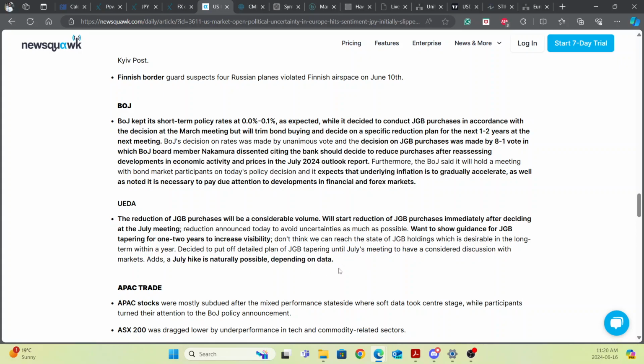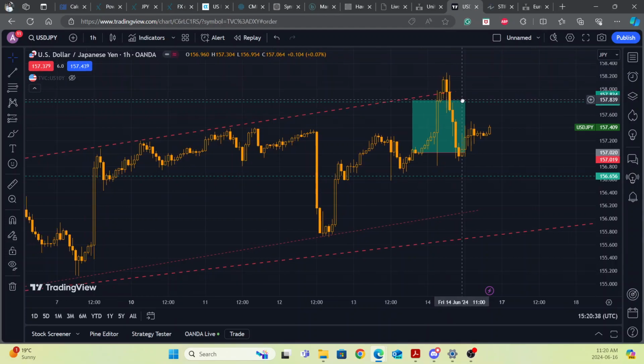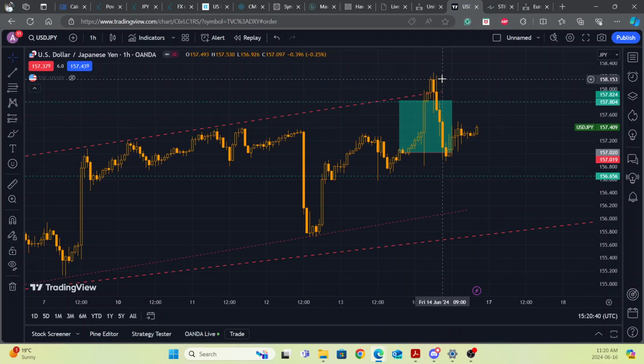So he just opened the door to a hike by stating that there is a possibility of a July hike. That's what led to the selling of the dollar and the USD/yen,